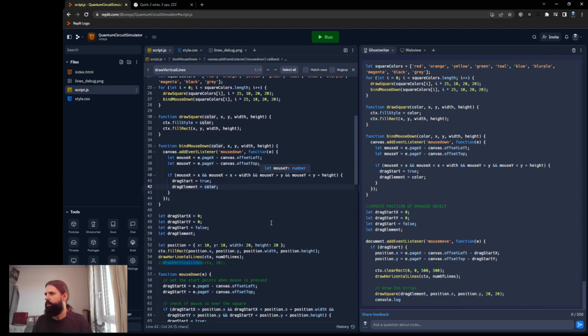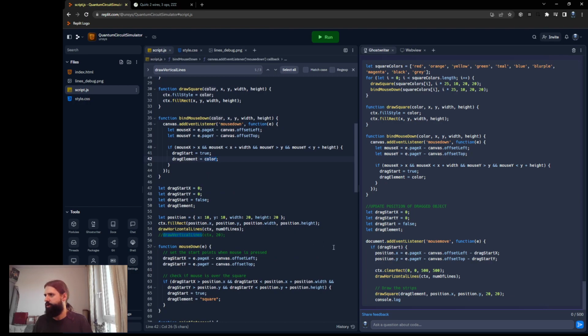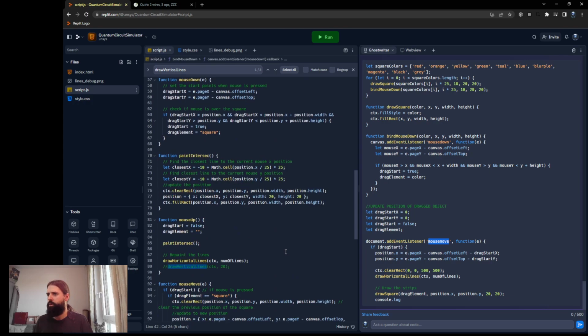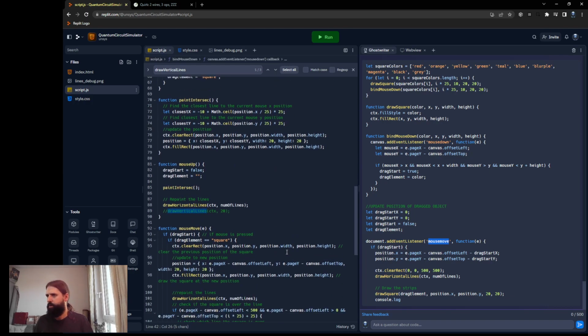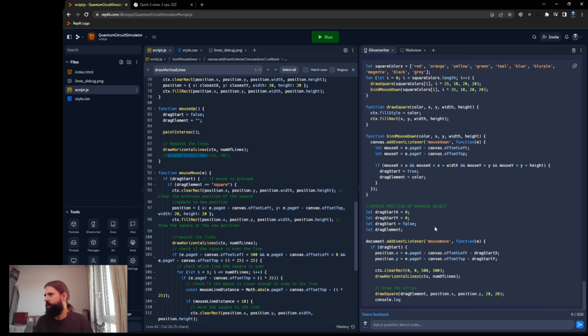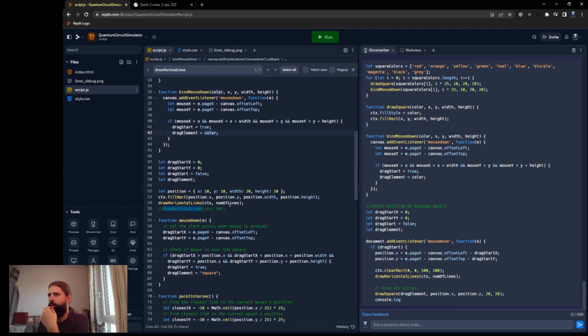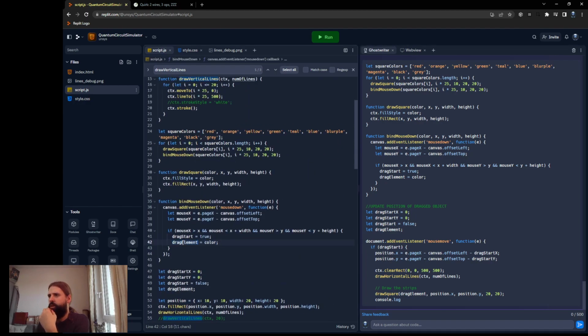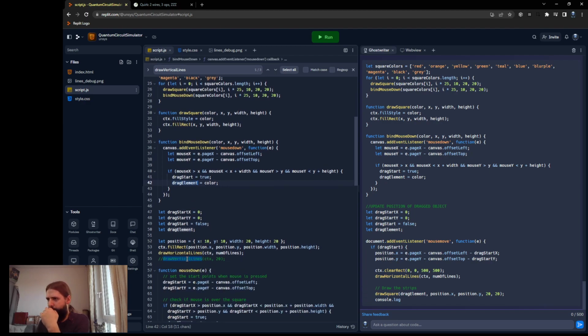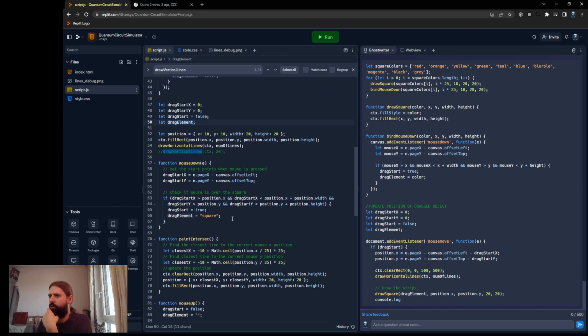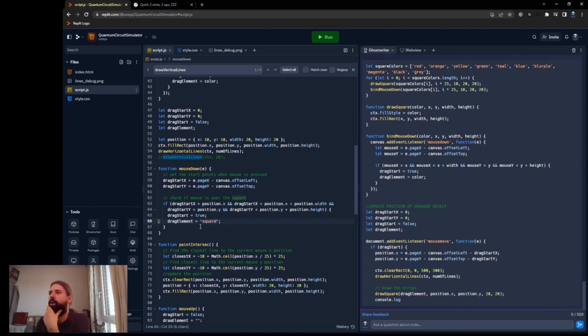Okay, but how does this now change? Add event listener, mouse move. So essentially I guess that is what it's going to be, then it's the same code as below, but what is new here now? So we have bind mouse down. Okay, so drag element is now the color. Before, drag element was just the word square. I guess